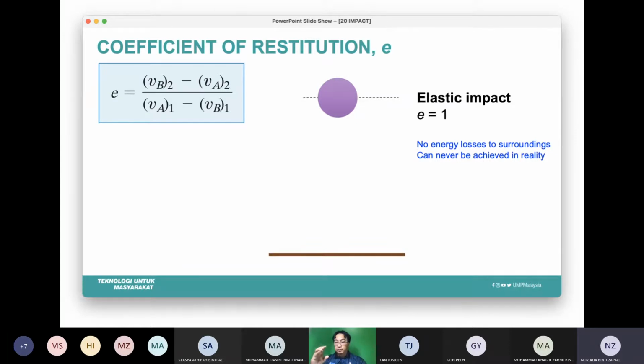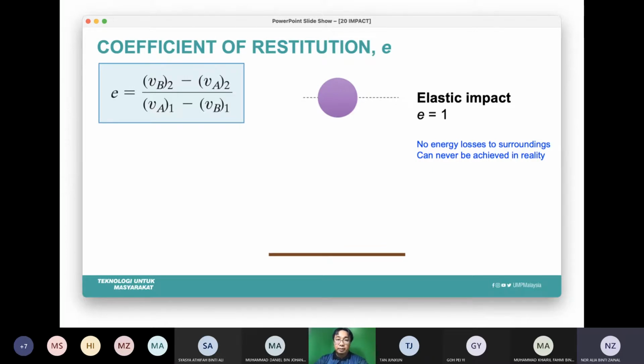Bila you drop, if you observe, if you drop from a certain height, 1 meter for example, any bola apa-apalah, you drop from 1 meter, dia akan impact the ground. When it goes up, dia tak akan naik pada height yang sama yang you drop tadi. Dia tak akan naik pada 1 meter because there will be losses to surroundings in terms of dia punya sound, energy losses, ataupun in terms of heat dan sebagainya. So akan ada energy loss to surroundings